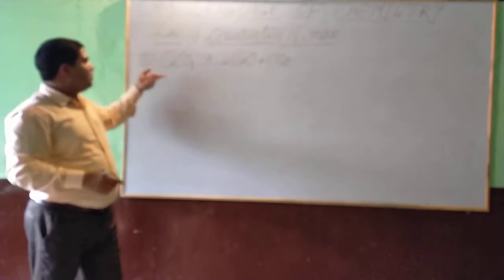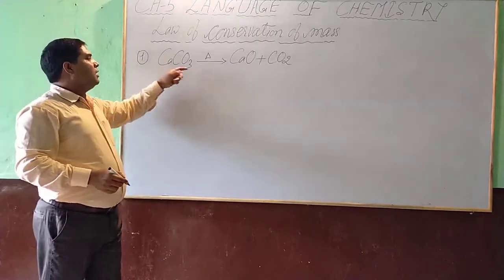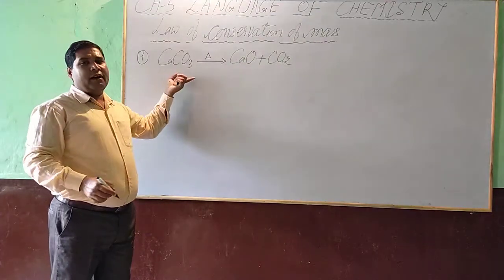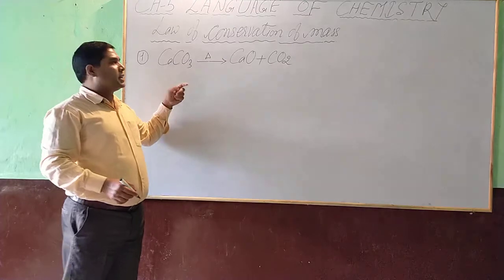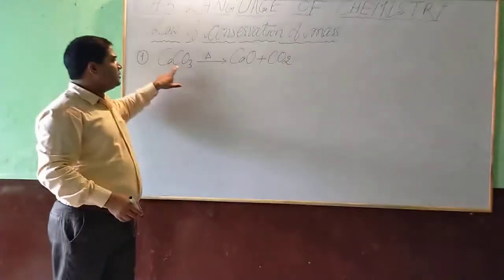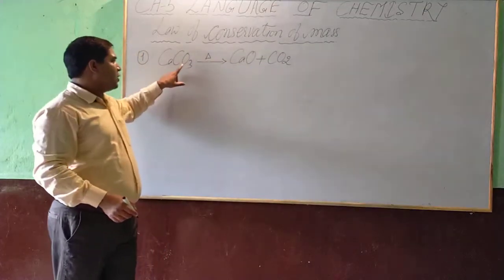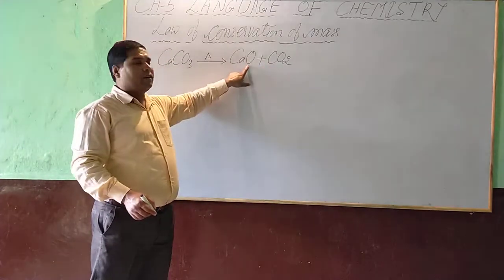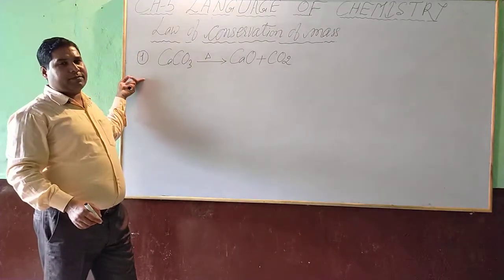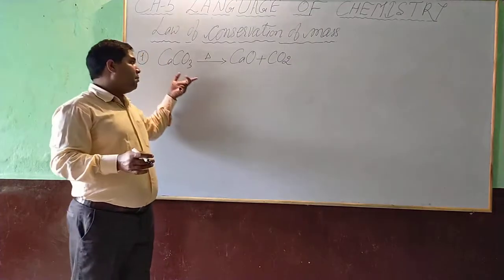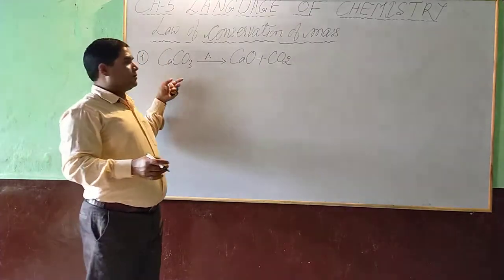Before calculating the mass of any equation, first you have to see whether the equation is balanced or not. So let us see. Calcium is 1 here and also calcium is 1. Carbon, 1 carbon. Now you see oxygen, 3 oxygen here and 2 oxygen plus 1 here. So it is a balanced equation. Now we are going to calculate the atomic mass of this chemical equation.